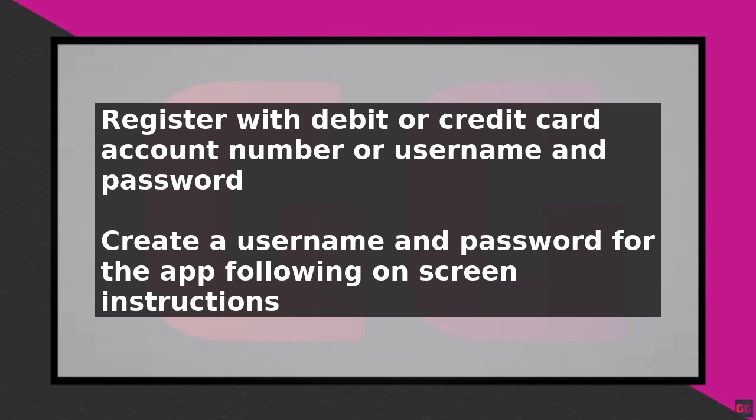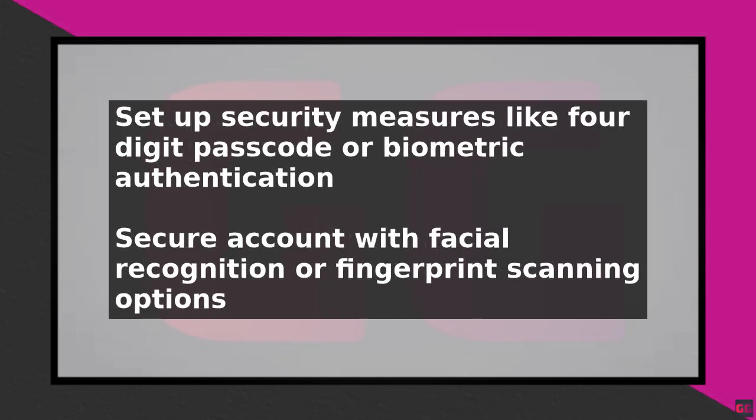To access your account information, select the Accounts tab, which displays your account balances, transaction history, and statements. You can also use the app to pay bills, transfer funds, and deposit checks remotely using the mobile deposit feature. To pay a bill, navigate to the Pay Bills section. Select the payee, enter the payment amount and date, and confirm the transaction.